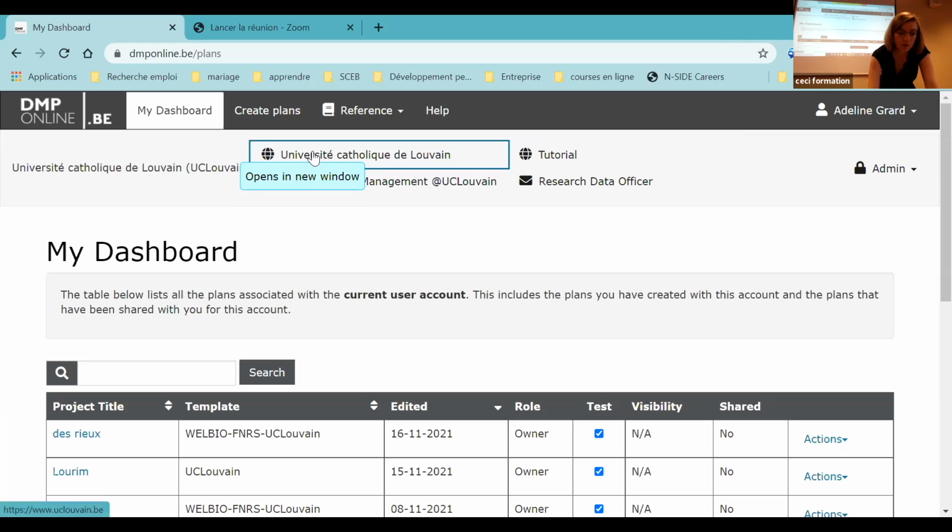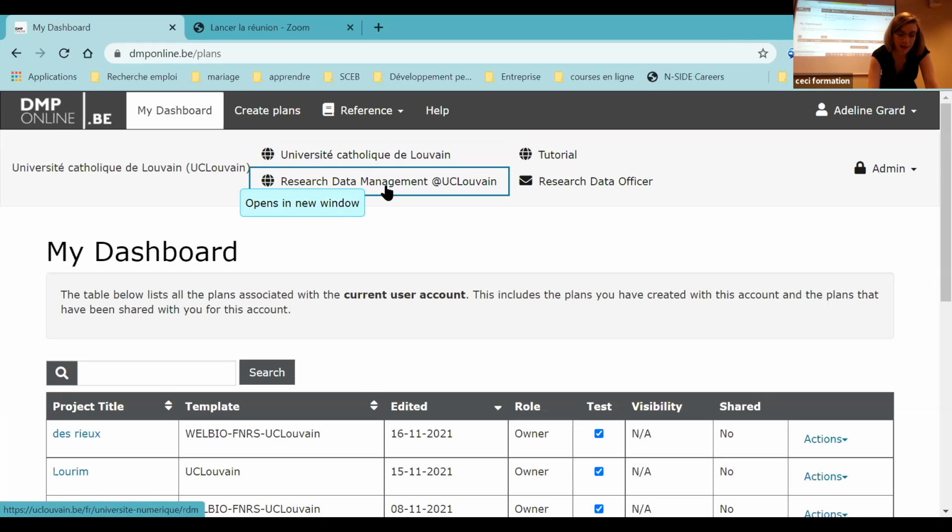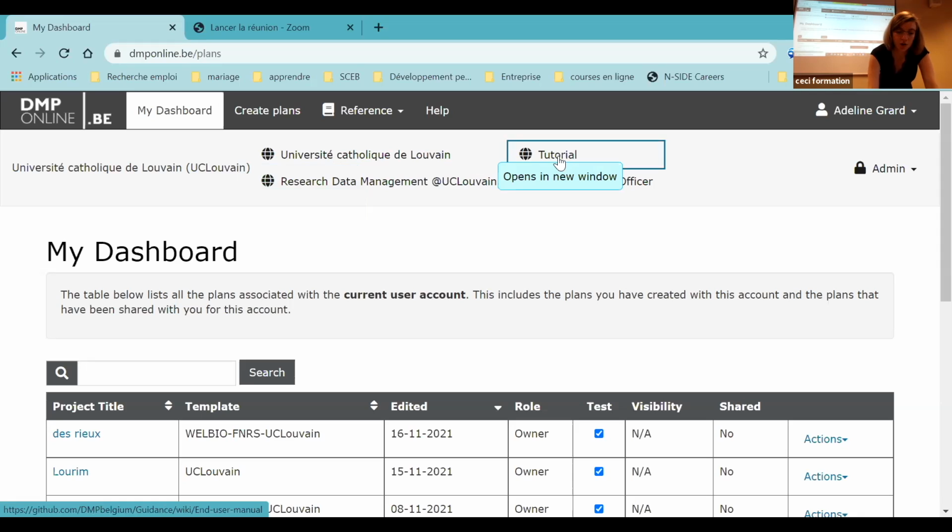There you have the website of UCLouvain, if you want to go back to UCLouvain. Then you have the website that I have created with all the information about research data management. Then you have a large tutorial on GitHub to help you create a plan, etc. So if you don't want to listen to me anymore, there is the tutorial. And you have this address. It will give you my email address directly, and you can send me an email if you have any problem